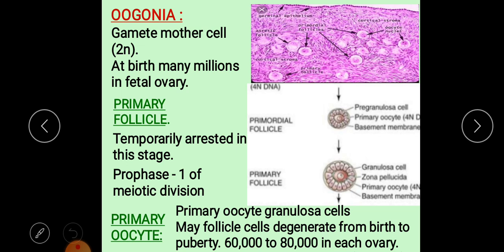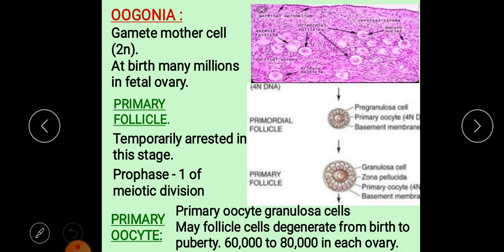There are some interesting things seen in the human female, and we'll talk about that first. In the first month of the gestation period, that is, when the female embryo is developing in the mother's womb, the fetus has about 1700 primary follicles in the ovary. These primary follicles undergo proliferation and multiplication, and the number goes on increasing.